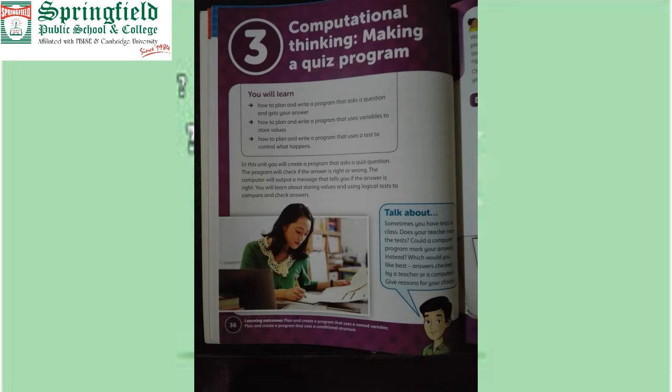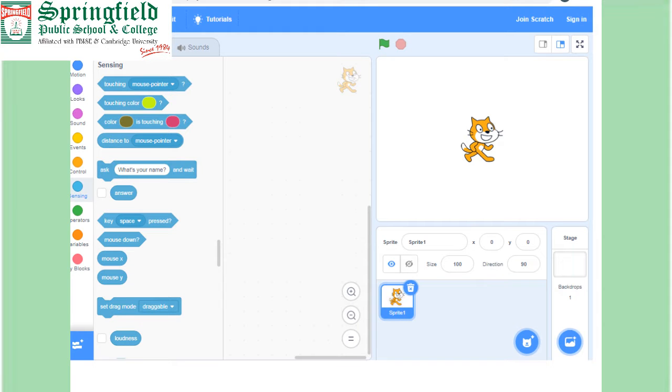In this way there are lots of quizzes. Maybe you will take some online quiz through the internet, in which you have to select an A, B, C option, or you have to press right or wrong, yes and no, like this. In this way we will make our own quiz program in which you ask for the input from the users and the user will give you the input, with the help of Scratch coding.